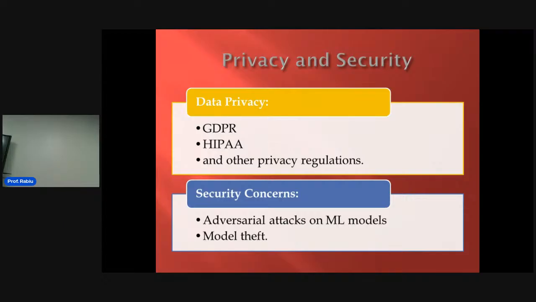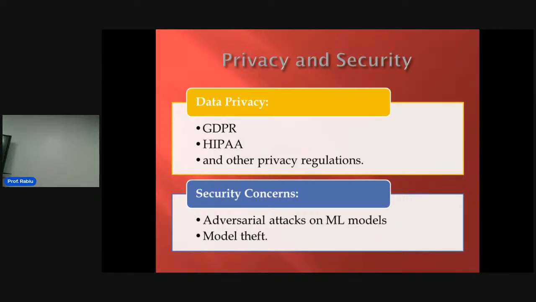Even with all these online things, these people know how to go through and get what they want. So we have to be careful. There are some data privacy measures in place that you can adopt to make sure you follow them, to make the best of the system that you produce. You have to abide by this, and there are many more.